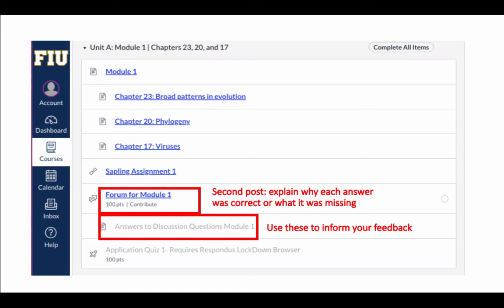So if you say my answer was correct, that is not valid. Or if you say, oh, my answer just didn't have enough details, that's also not a valid feedback. It's not going to count. You need to say why it was correct, or you have to say what was missing that will make it correct. So make sure you show evidence that you've read the answers that I posted, and then you incorporate that